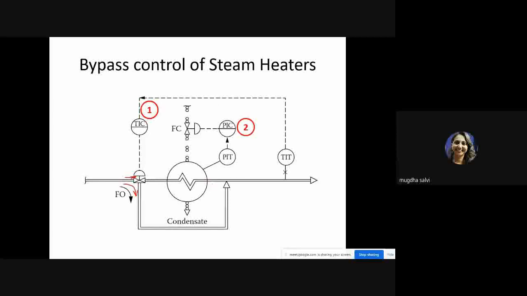In this situation, we are using steam. So it is important that I also have a pressure control loop which acts to maintain the pressure inside the heat exchanger. Your main control loop is your temperature control, number one. And the second one, the pressure control loop, is used specifically for making sure that the temperature inside the heat exchanger does not exceed the safety limits, because we are working with high pressure and high temperature steam in this situation.